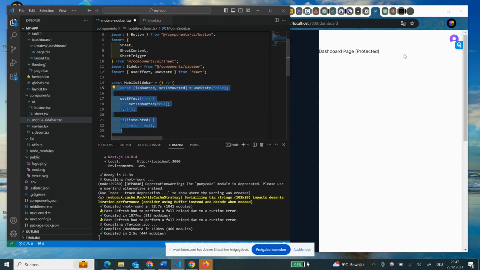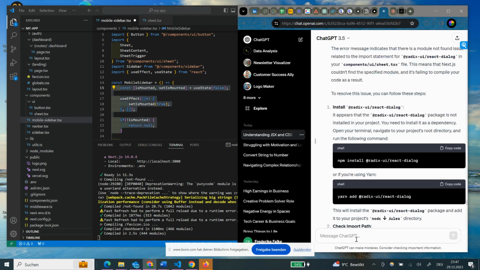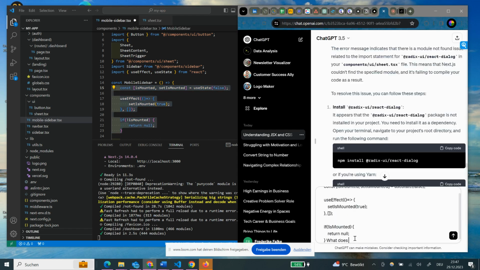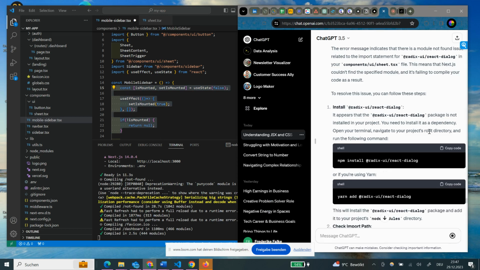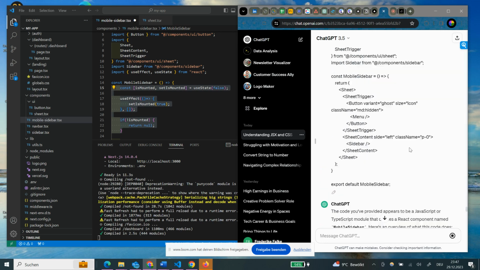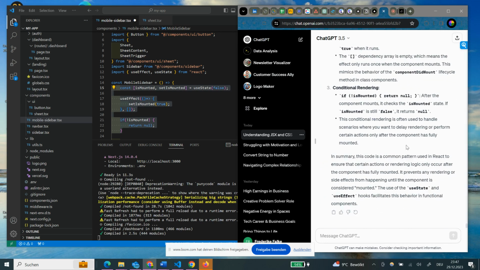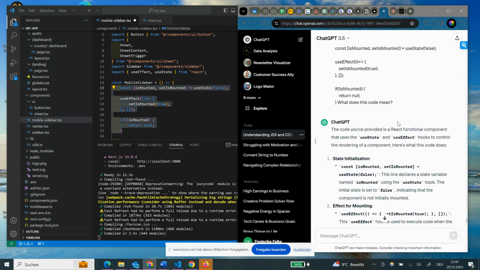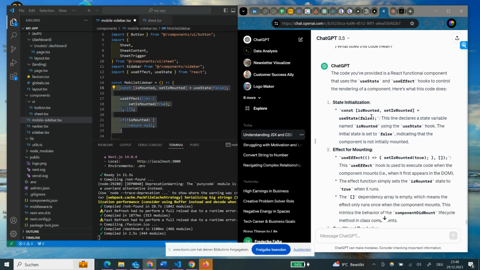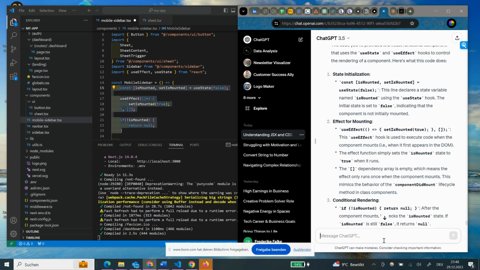So now we have this constant. Let's quickly put this here and say, what does this code mean? And then, so basically it says the code you've provided is a React functional component that uses the useState and useEffect hooks to control the rendering of a component. Here's what this code does. This line declares a state variable named isMounted using the useState hook. The initial state is set to false, indicating that the component is not initially mounted. I don't know what mounting is, so